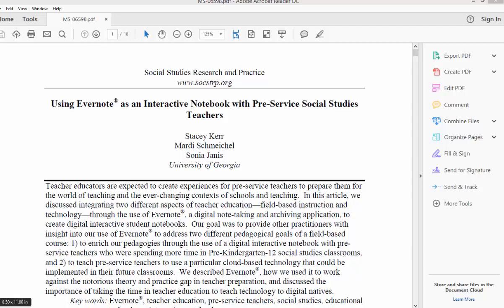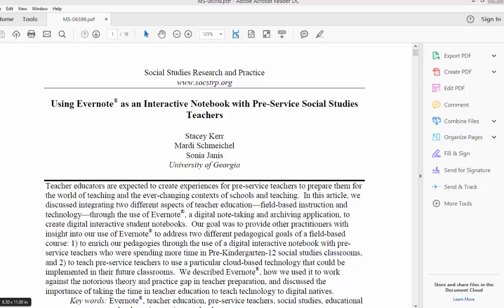Okay, my secondary education methods students, all three of y'all have been doing a great job, but I wanted to walk you through just a real quick article. This will be for your weekly lecture, and I just want to get you in the frame of mind of using technology. This is an article that I'll also attach to the email, and it talks about Evernote as an